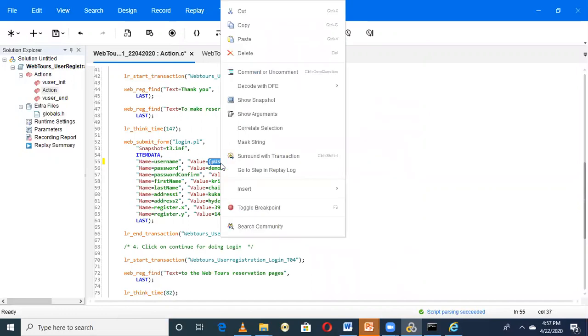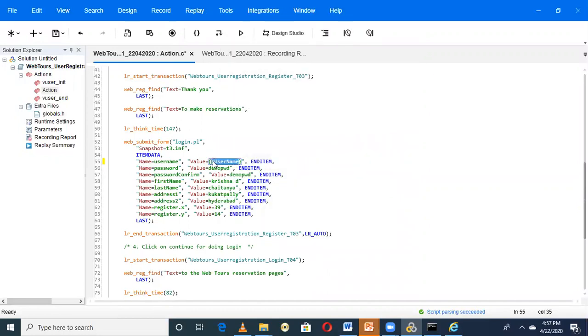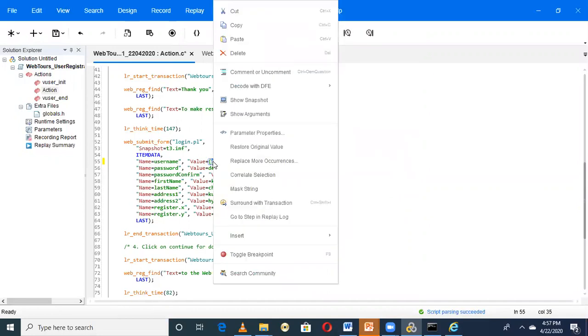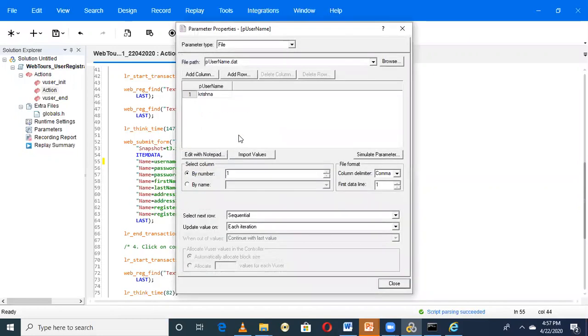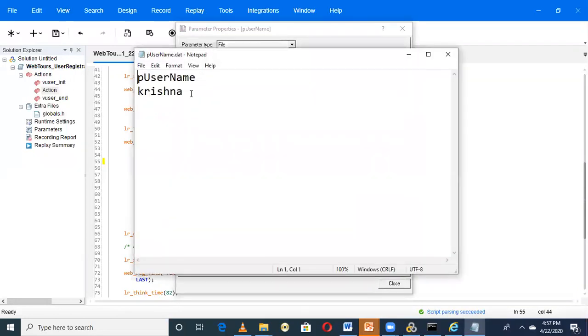If I want to add some values to this parameter, double click on this and go to the parameter properties. Here you can click on edit with notepad.